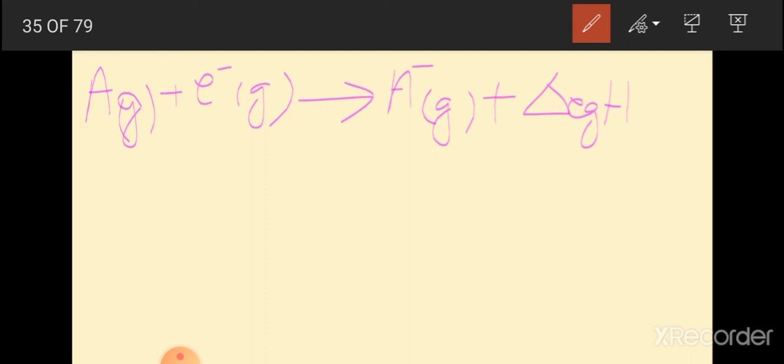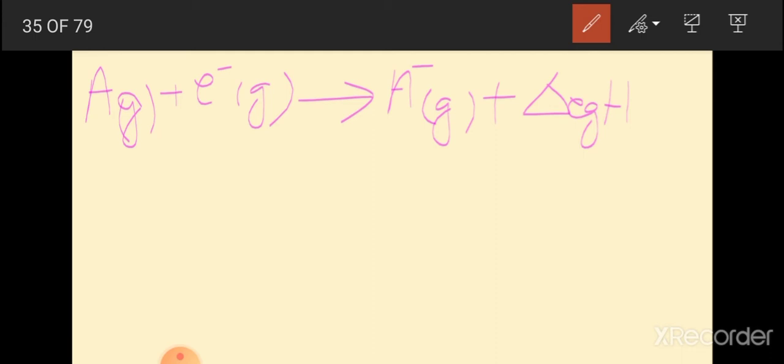And since electron gain enthalpy represents the energy released, it is represented with a negative sign placed before it. This is your first electron gain enthalpy,